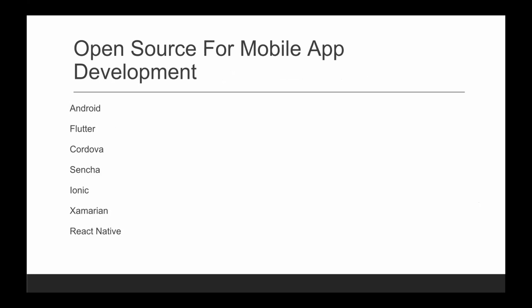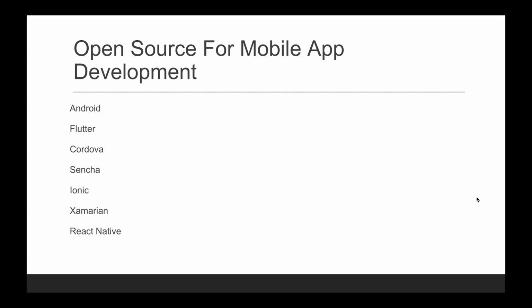Flutter, one of the most popular frameworks nowadays, again open source, promoted by Google, driven by the community, and there are lots of events and lots of conferences happening around Flutter. 100% community driven, a huge support, lots of plugins, lots of applications are available. Cordova, again, is a hybrid application development framework. It's a kind of native wrapper. So if you have, let's say, a website or a web application, you can wrap it into Cordova and make it a native application.